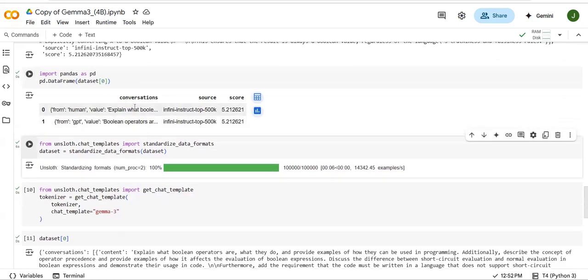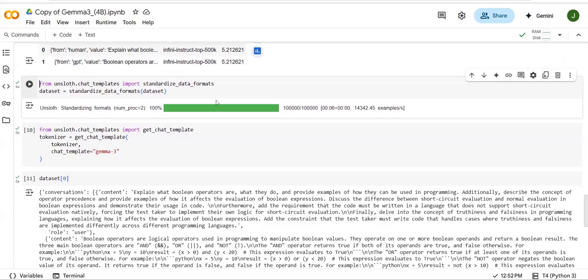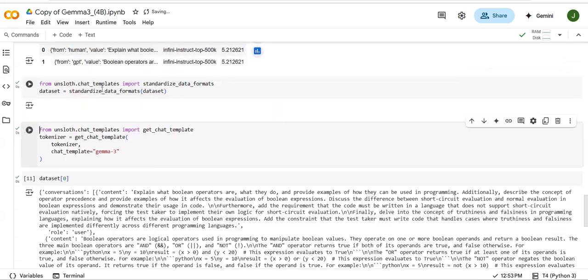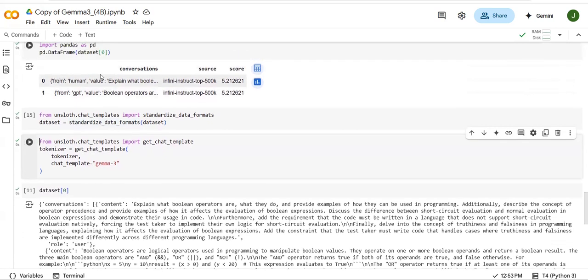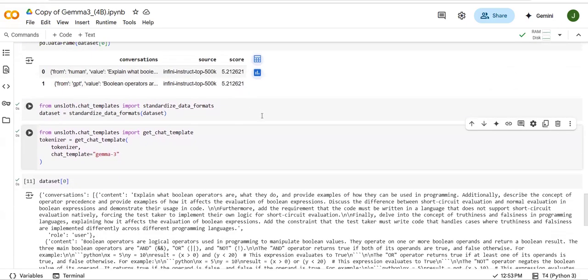You can see conversations is there, source is there, score is there. So initially from human and value, and GPT and its value is there. After standardizing, these values will be changed, as well as human and value. If you see that output,